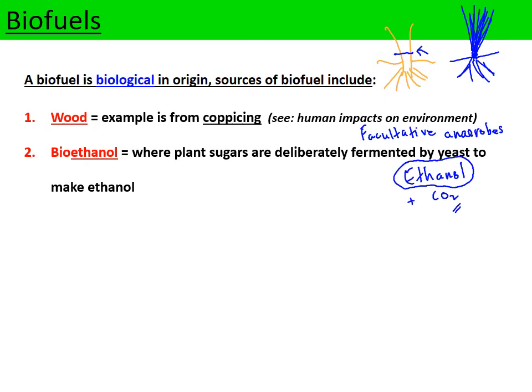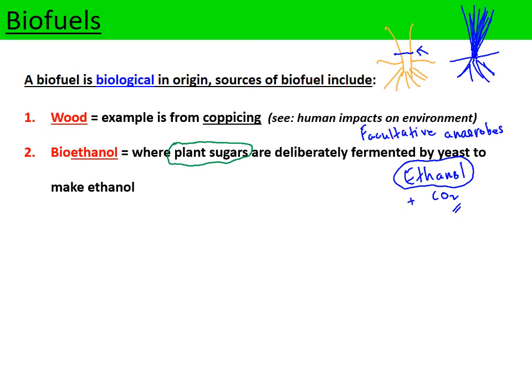Now this might be preferential to use of a fossil fuel, because when you combust the ethanol or the fuel made from the ethanol, it releases a lower amount of CO2 into the atmosphere compared with the carbon-rich fossil fuels. Now the other benefit of using biofuels, where we actually take plant material and extract the sugars from the plant material, which get fermented by the yeast cells. So we're going to use the plant sugars as a respiratory substrate for respiration in yeast,